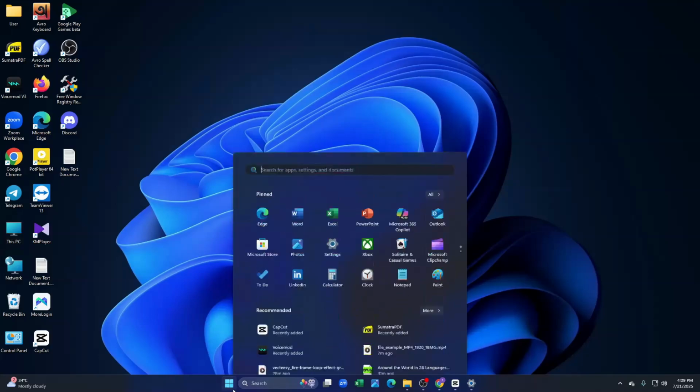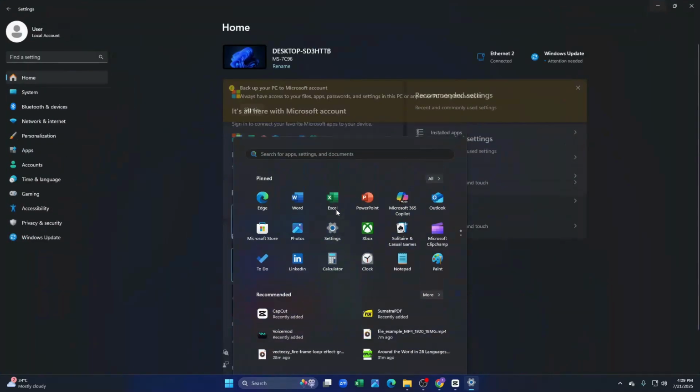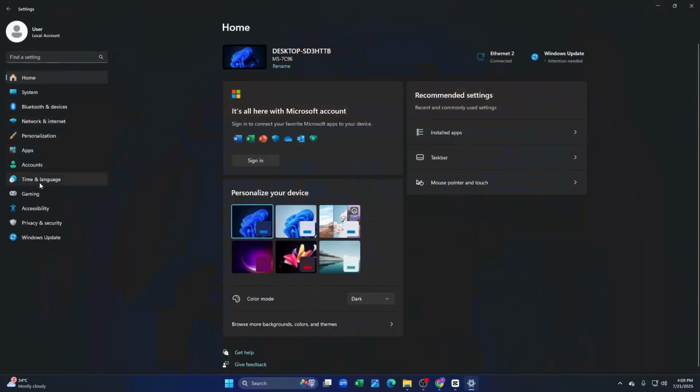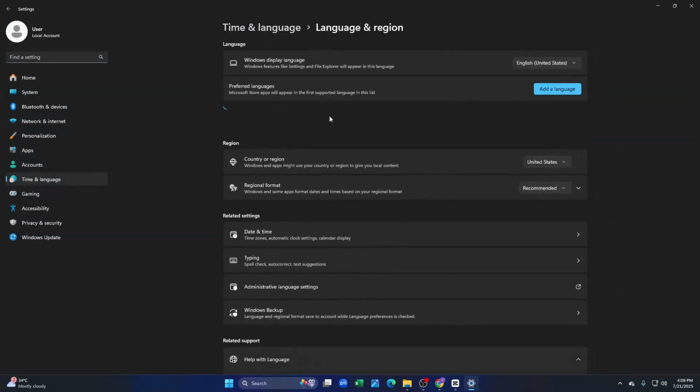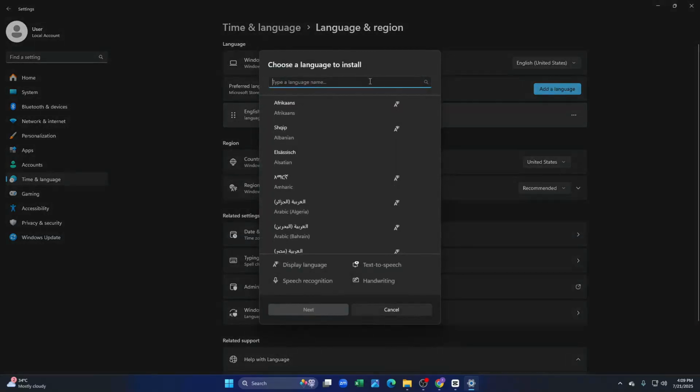So first of all, you need to open the Windows tab and click on Settings from here, and then you have to click on the Time and Language settings, and then click on the Language and Region settings from here. Then you can see there's the option called Add a language, under Preferred languages. You just have to click on Add a language, and let's say I will